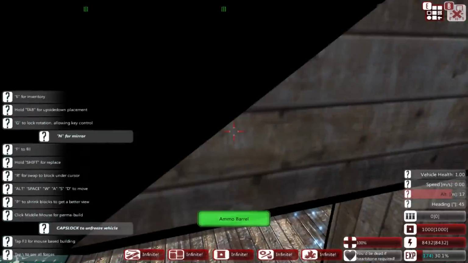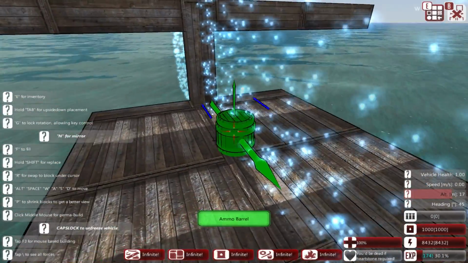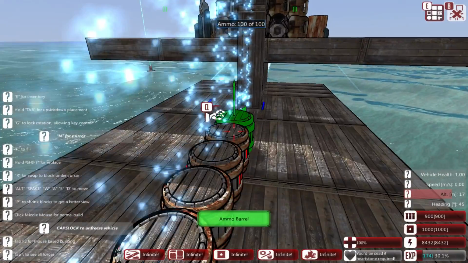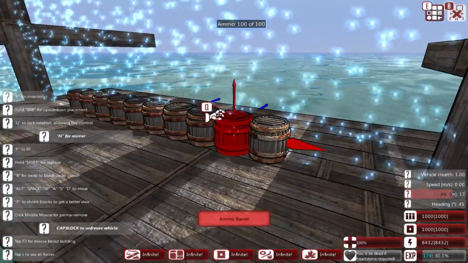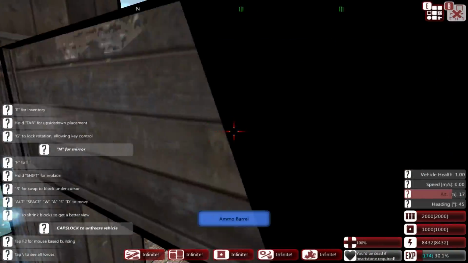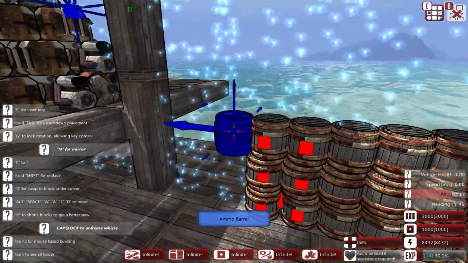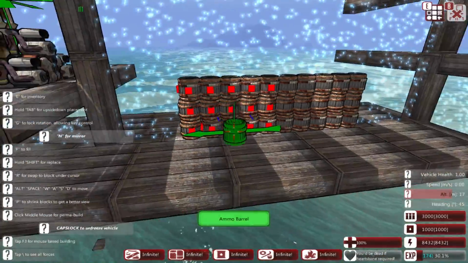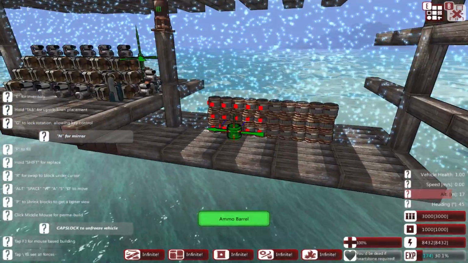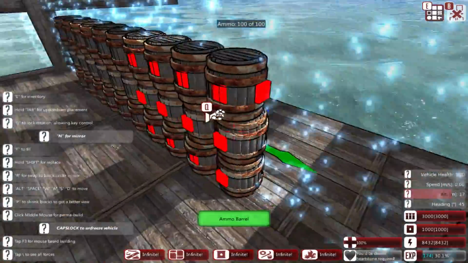So let's get the really important parts in first, and then we can build everything else up around those. So I want to give a bit of a buffer from the sides and have something like this. Now, these are going to explode fairly big no matter what I do, so I'm not going to try too hard to avoid them. I could have two distinct ammo stockpiles so that one explosion isn't going to destroy everything. But honestly, I feel that it's